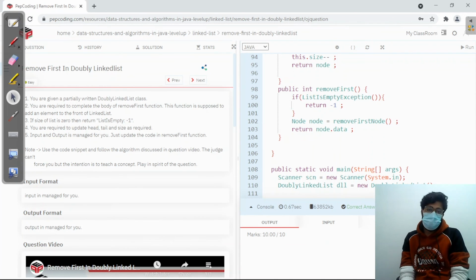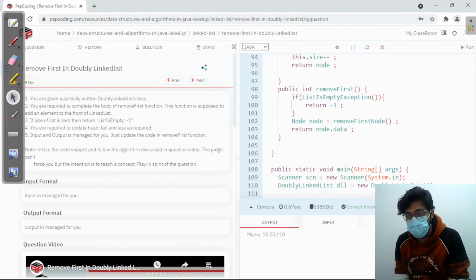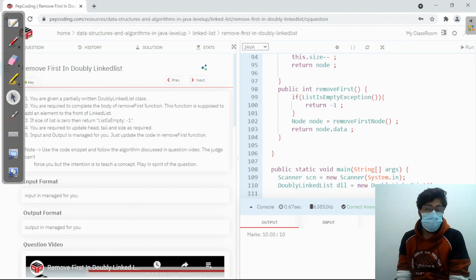So correct answer. So if you understand my concept, if you understand what we have to do in this question, how we have to do this question,